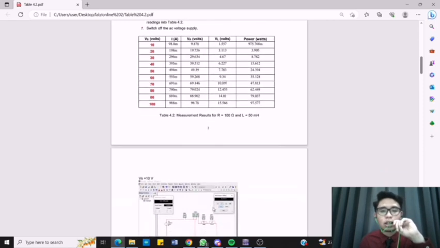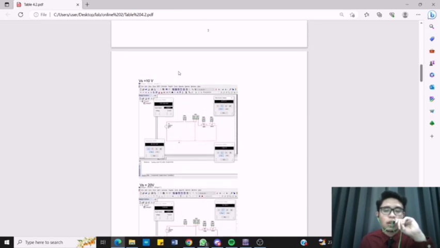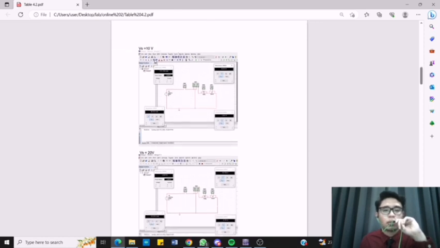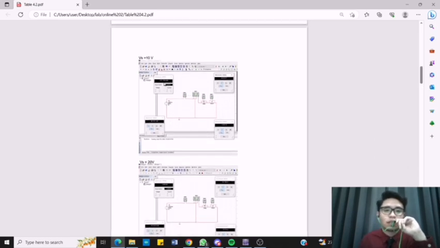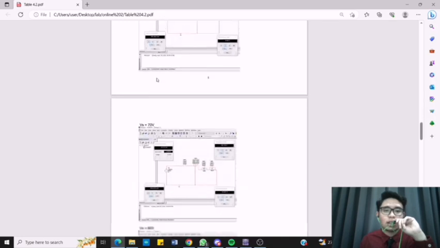Okay. This is the result. This is the example from my Multisim. We got VS 10 volt, VS 20 volt, VS 30 volt, until VS